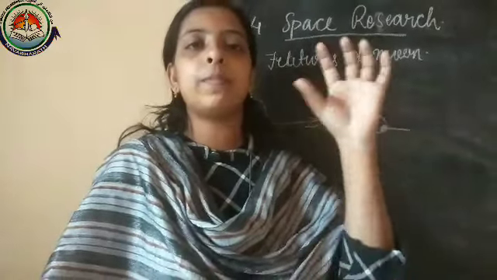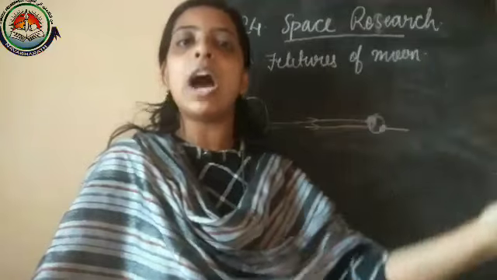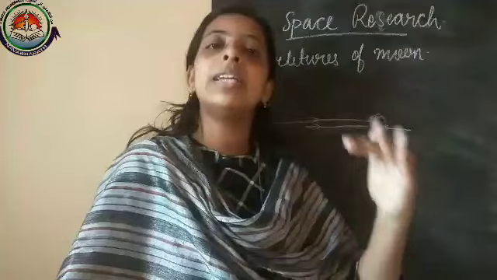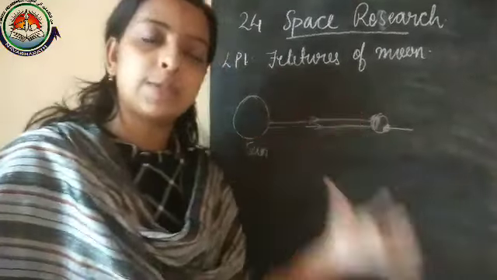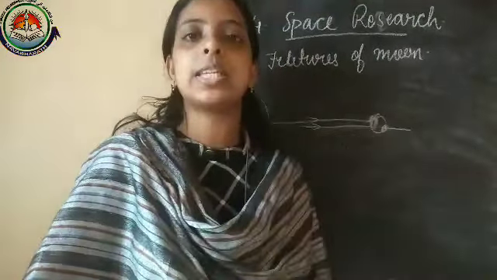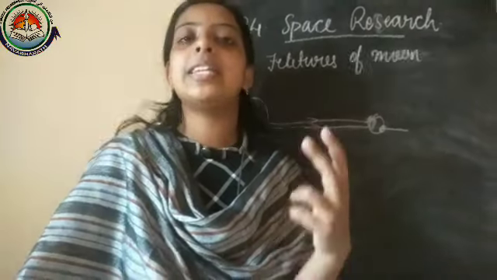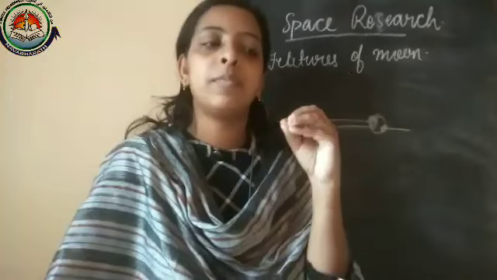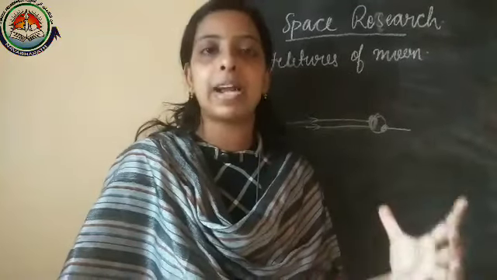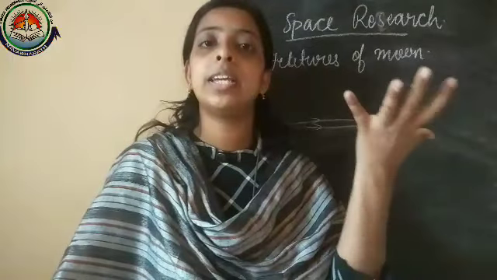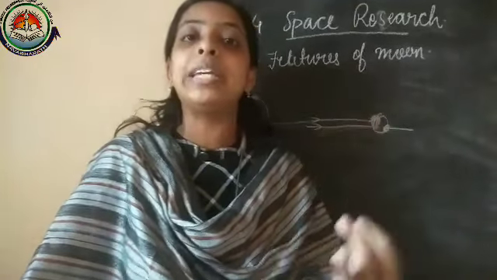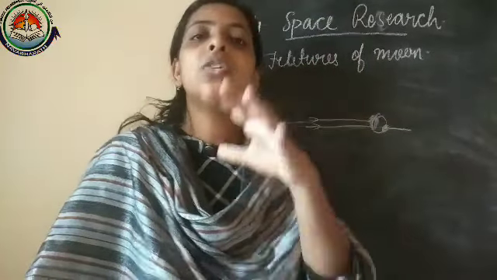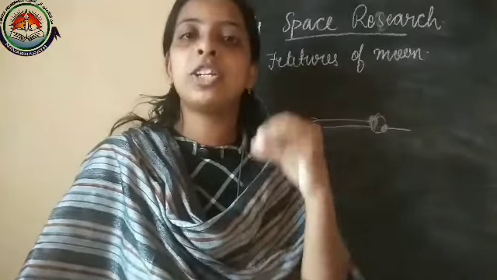Okay, and if we want to know about one particular planet, then we have to send that kind of artificial satellite, and these artificial satellites give information about space and the planets. And when we consider the planets, we know various functions and importance of the planets, right? Which one is the shiniest planet, or the biggest, or the smallest, and which planet has more density. Like this, we know many things.